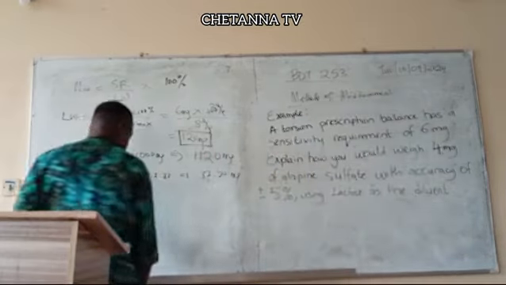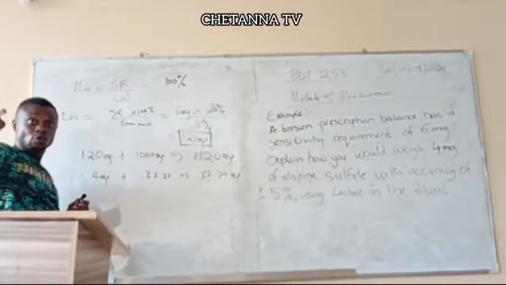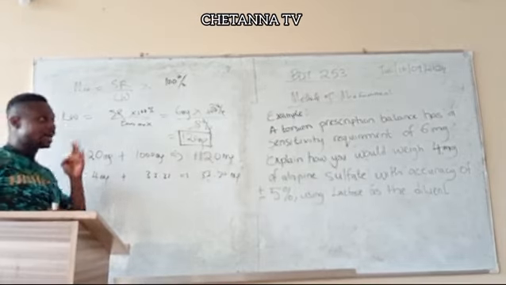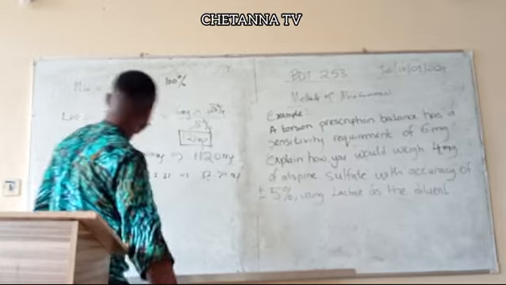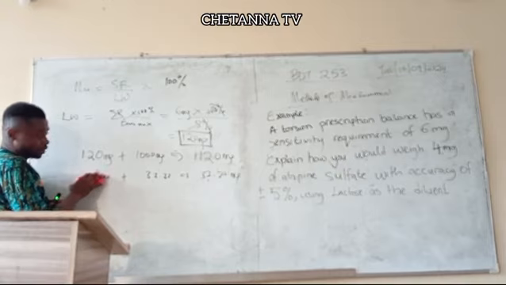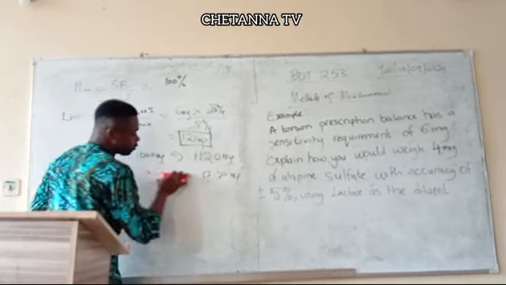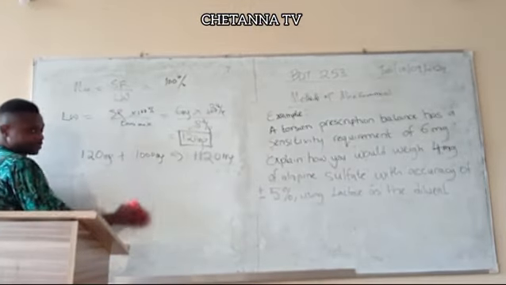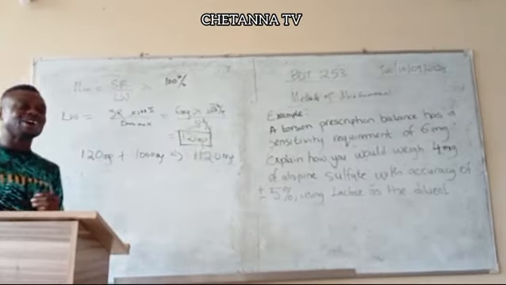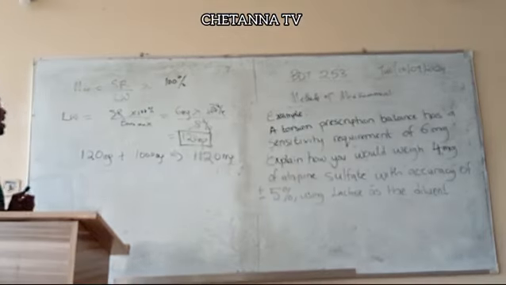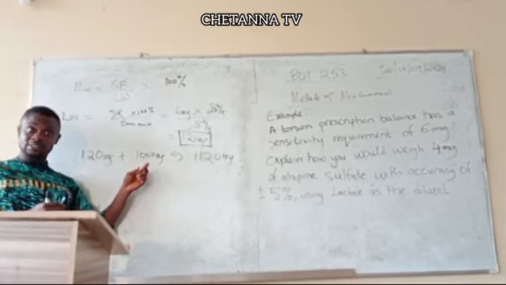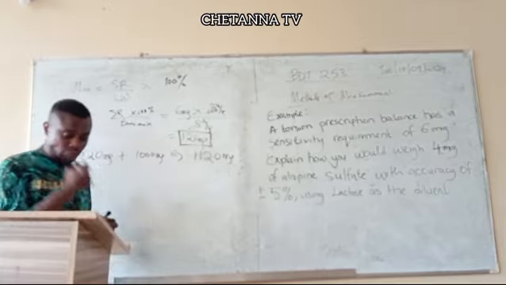Now here, there's a very long step in your course material I don't want to put you through. I want you to just use your head. So this doesn't work, right? It's not working. So what that means is that we need to bulk add more of the diluent. Now let's assume